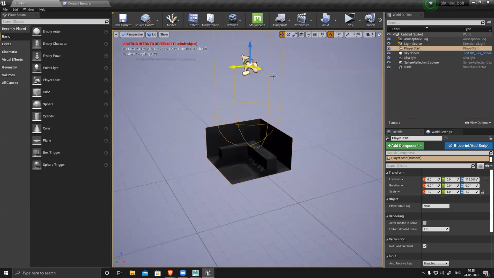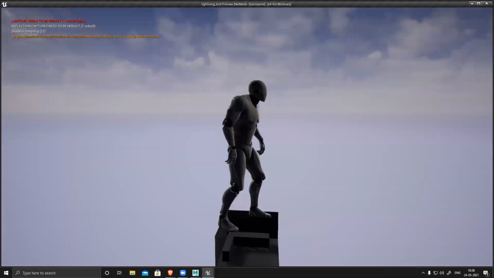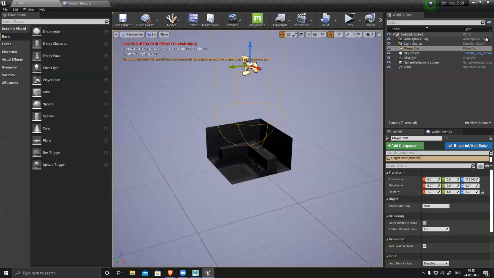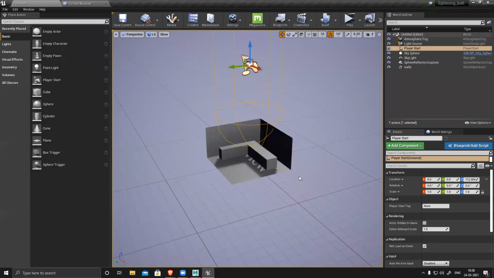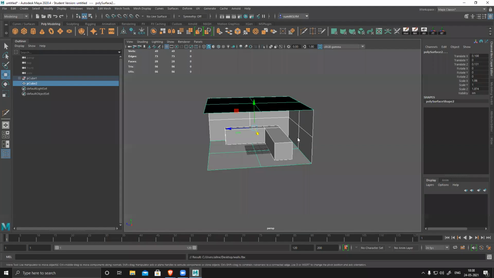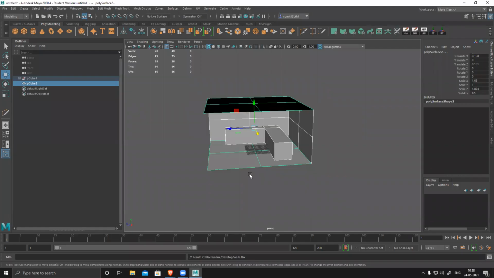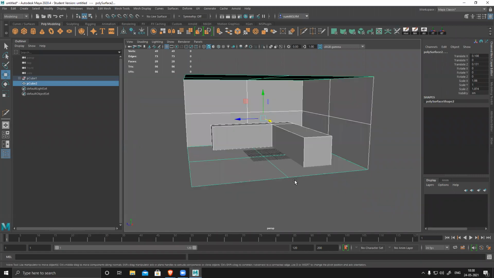There is a player start here. If you click on play, the player will start standing on that. That means it's a very tiny scene. It's not big enough. So we need to increase the size of the scene. That we'll do later, once we complete everything, then we'll fix the scale. Scale we can fix anytime. You can see clearly it's really tiny. So forget about that, let's start blocking out everything.